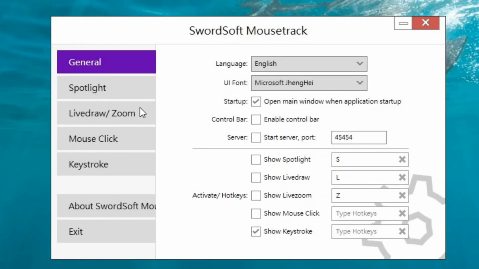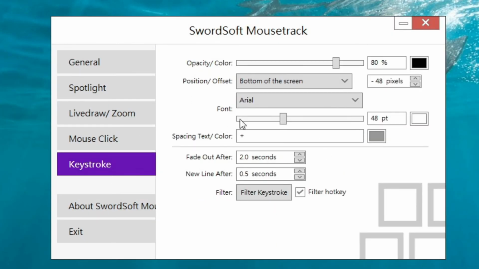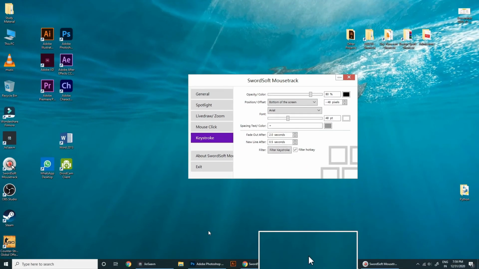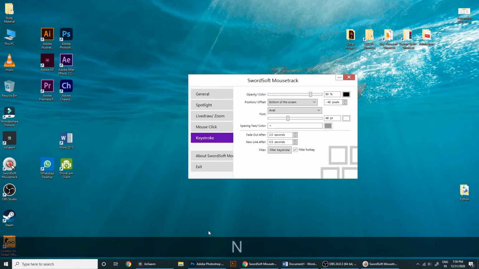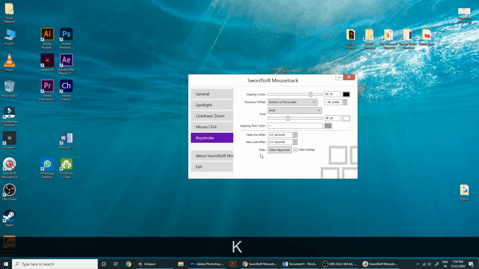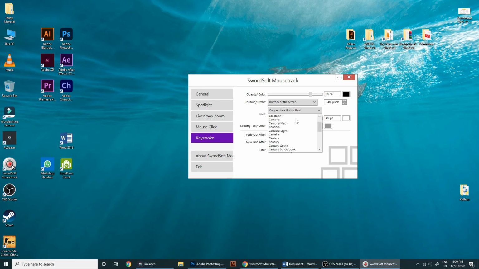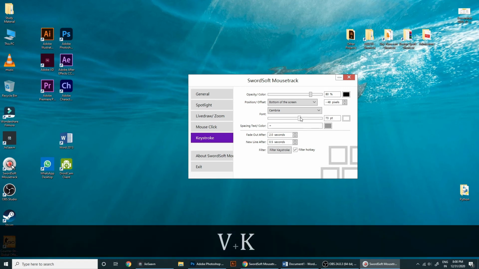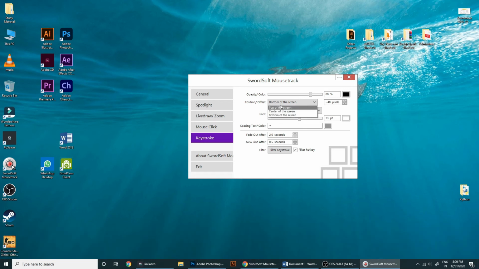And this is the important part, keystroke. You can actually change the font of the key appearance. Like I press N, M, anything. Okay, so let's try a different font, and you can also increase the font size or decrease it, and you can position it as well.